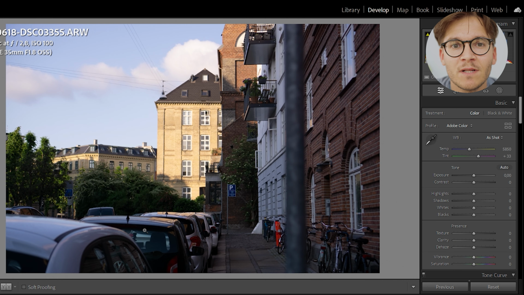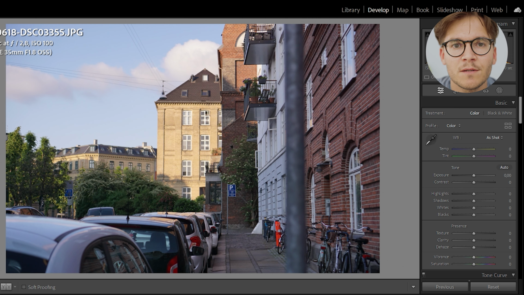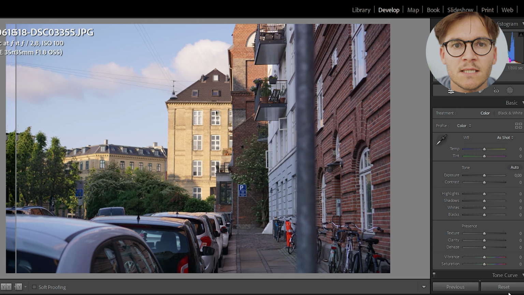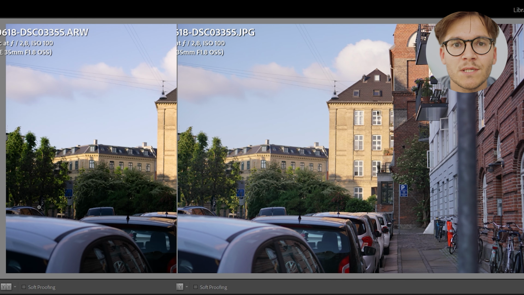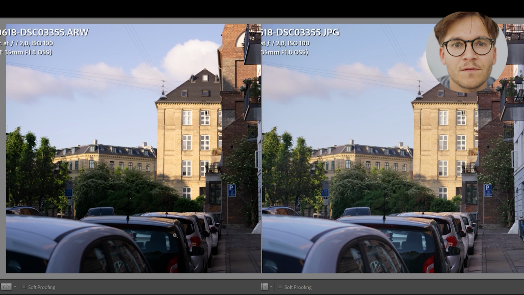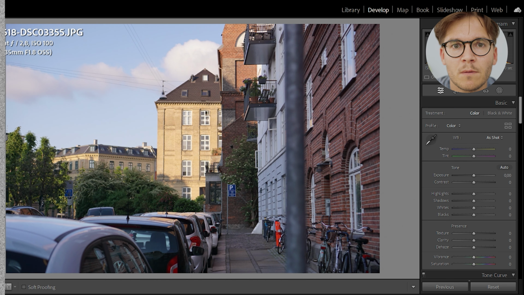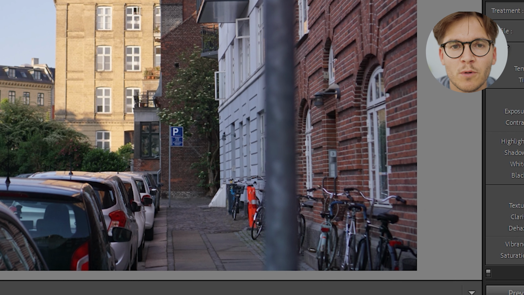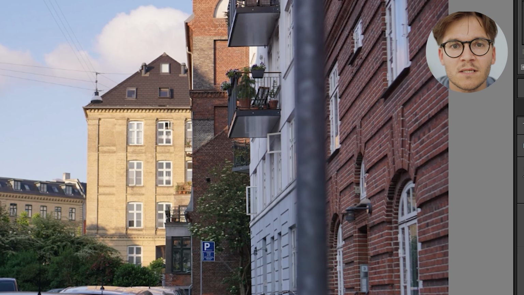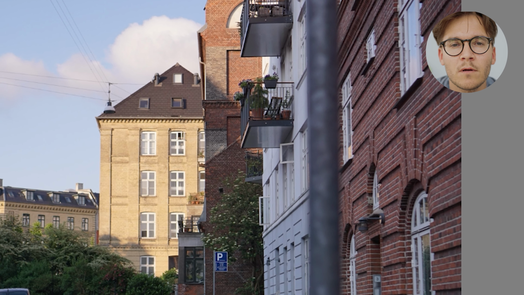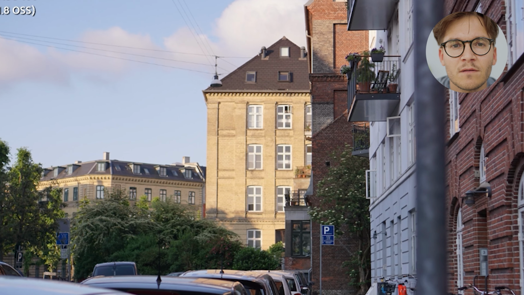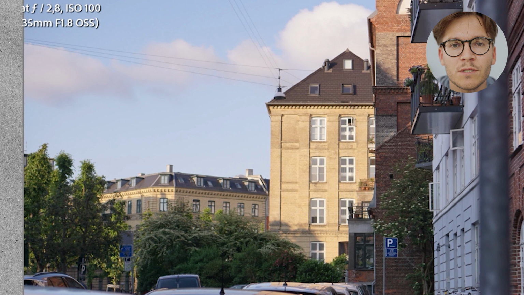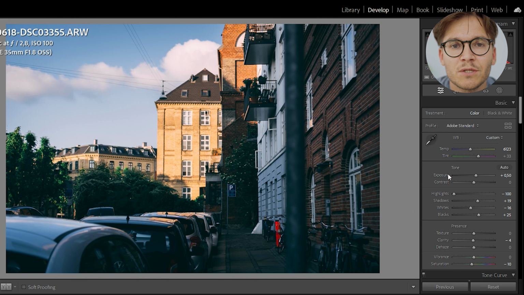So take a look at this comparison. Here we have a more or less well exposed photo. And if we compare the RAW with the JPEG photo, we can clearly see that this JPEG photo has been processed and the shadows are definitely lifted a bit. And the image appears to be a bit more washed out, I would say. But in a situation like this, where you more or less have exposed your photo correctly and the white balance is set accordingly, you can get away with way more on the JPEG photo, leaving the advantages of the RAW image to a minor. So with this photo here, if I apply my go-to preset to the RAW photo,